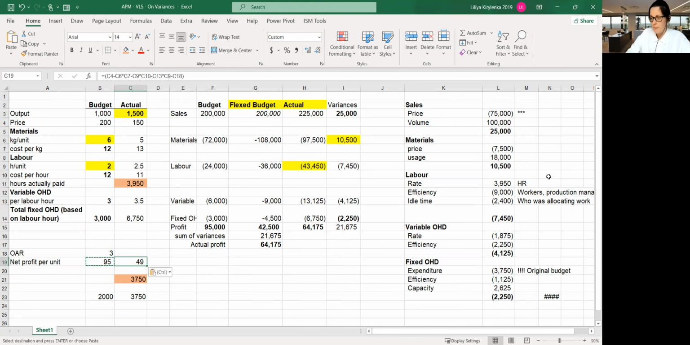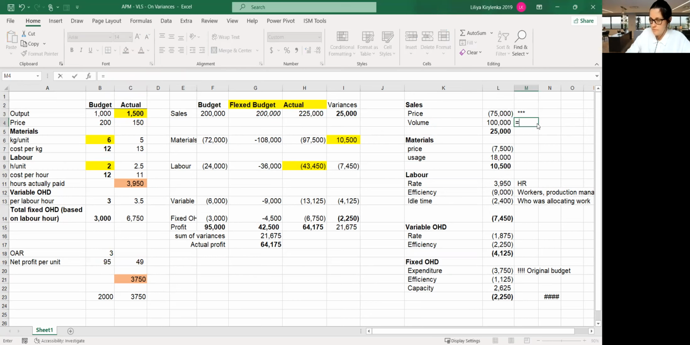Oh, the wrong way. Okay, now when we calculate our volume variance, what we will need to do is subtract the volumes. So 1500 minus 1000, and we will multiply that by net profit per unit, and instead we will get the variance of 47,500. And what is going to be the difference? Well, let me